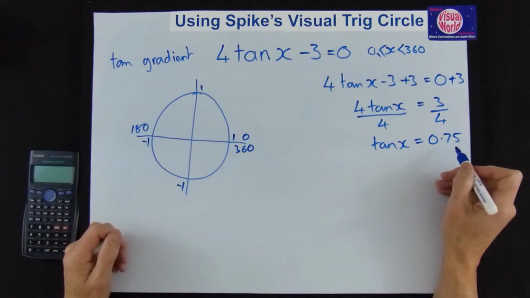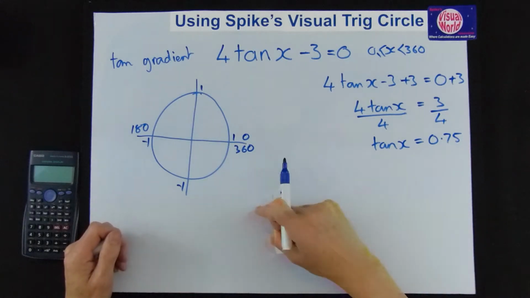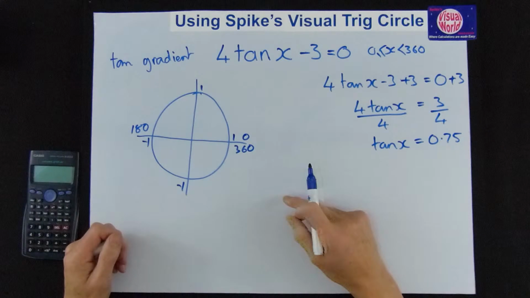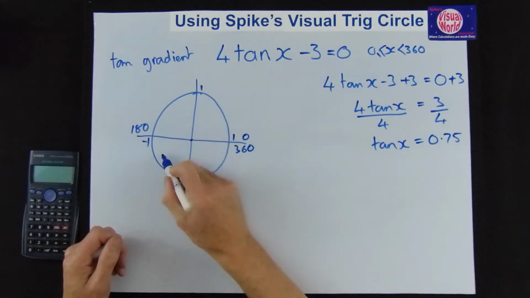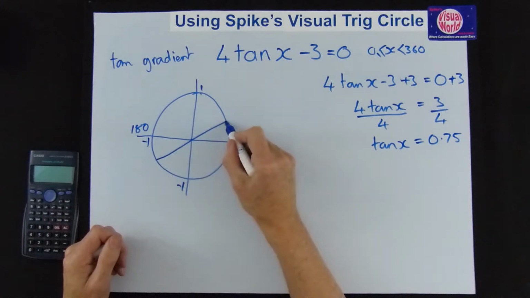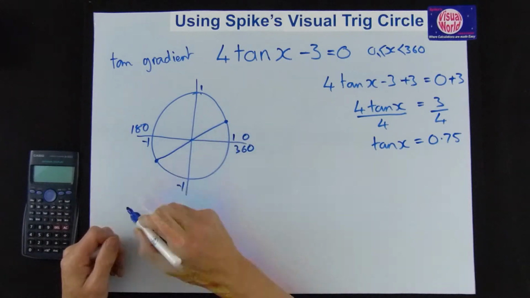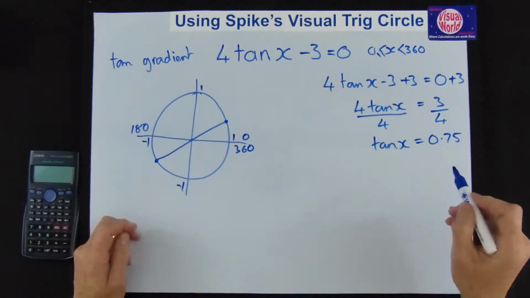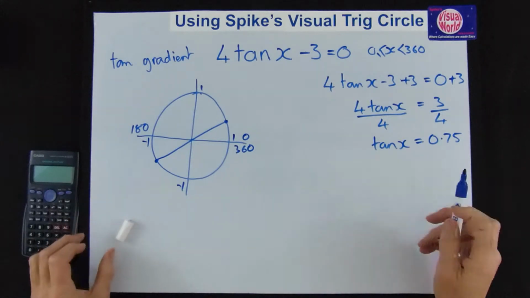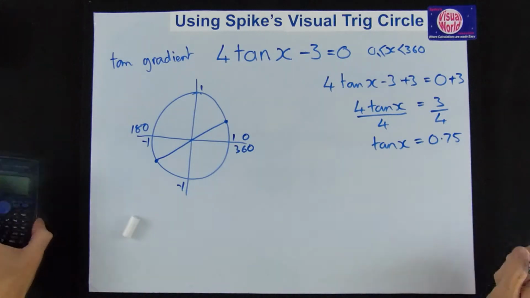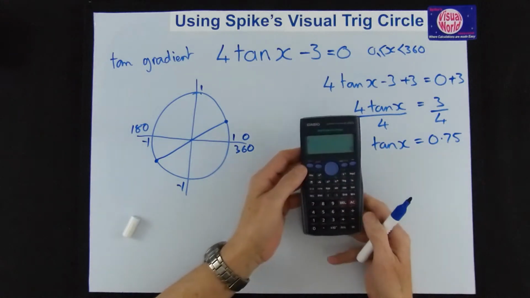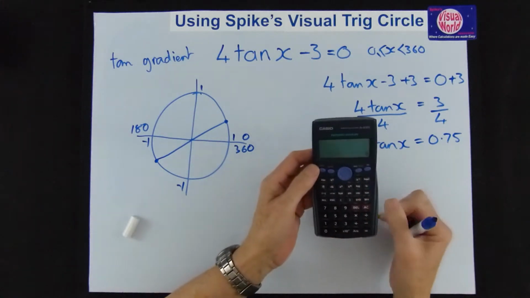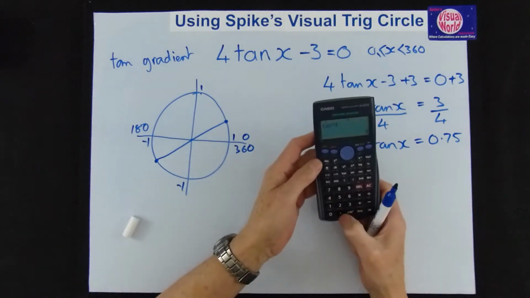That's less than 1, so that means it's a slight slope rather than a big slope. So the gradient's a small gradient. So we just draw through the centre on a small gradient, and we can see our two answers are going to be there and there. It is plus, remember, if it was minus we'd change it to a plus for the next stage, but it is plus, so we just put it in on the calculator and we go shift tan to get rid of the tan,